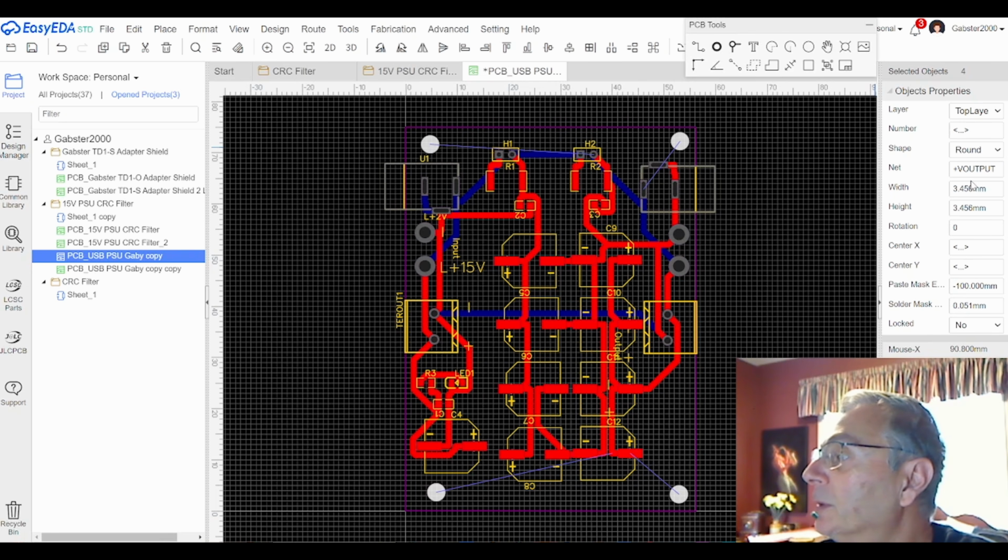So we want them to be round, and we want a hole inside them. So for that, it's going to be